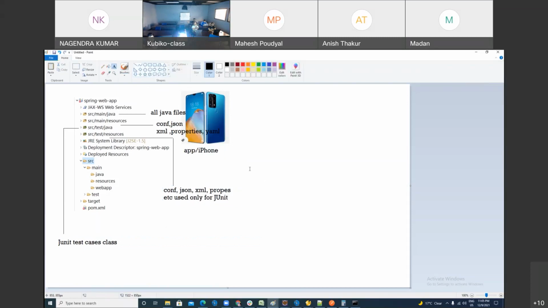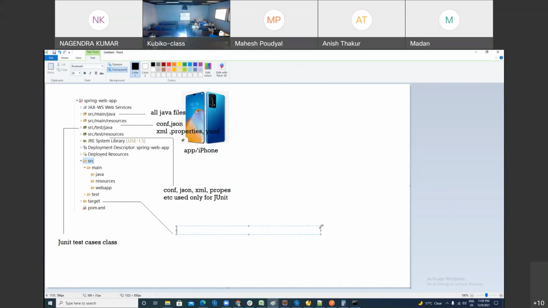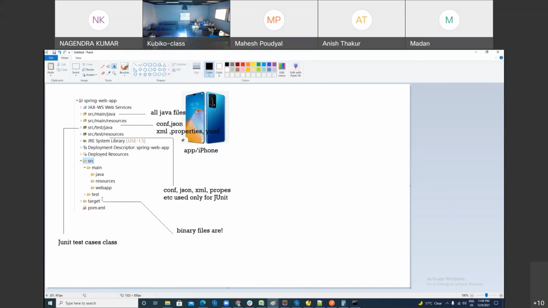And the target folder: when you build your project, all the binary files are generated inside. Suppose you are creating a jar or war, everything will come inside this.